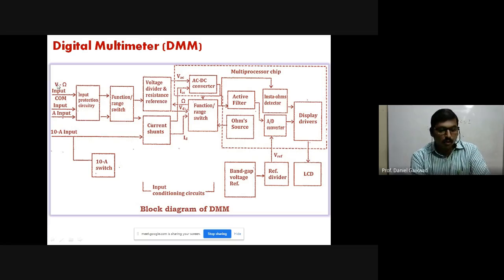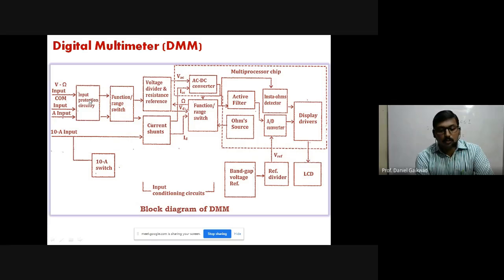Now we give the input to the input protection circuitry. The input protection circuit will protect the circuit from any source, or if the source generates a particular high signal or voltage. The digital multimeter circuit also has to be protected here. This protection circuit consists of a number of small components like operational amplifiers, and it is called the input protection circuit. It also protects against short circuit, high voltage and low voltage.